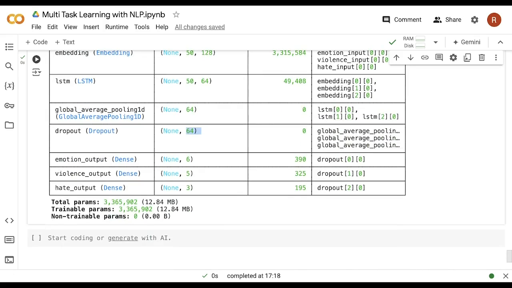And then we have the output layers individually for all the tasks, that consist of output neurons depending upon how many unique labels they have. For emotion it is 6, for violence it is 5, and for hate it is 3. So this is the summary of the model that you built. Now let's try to train it, or let's try to fit it. So let's write here